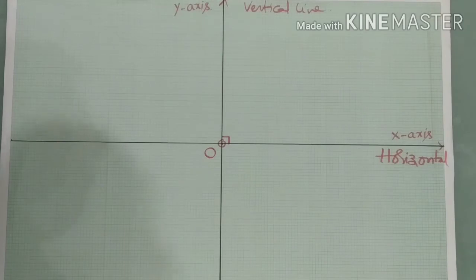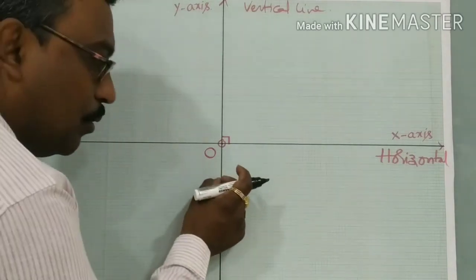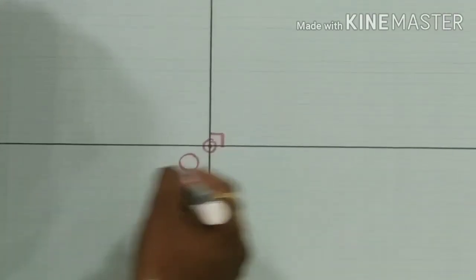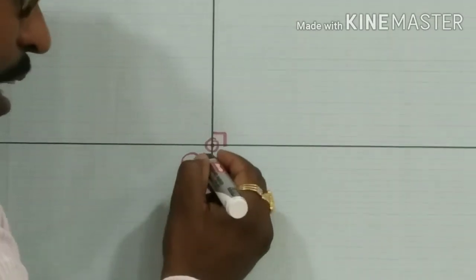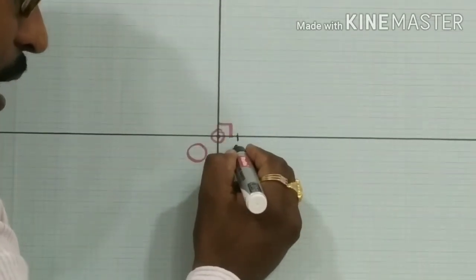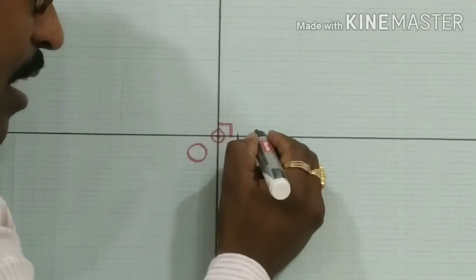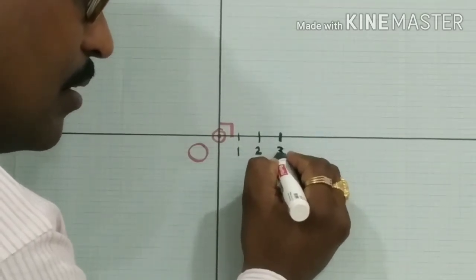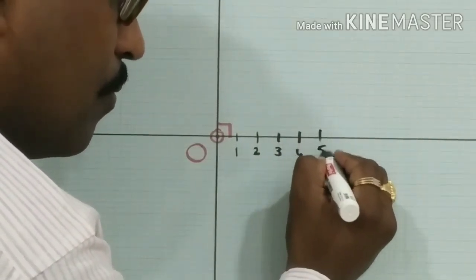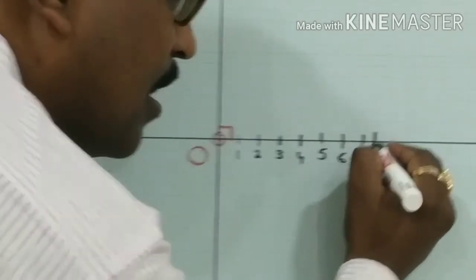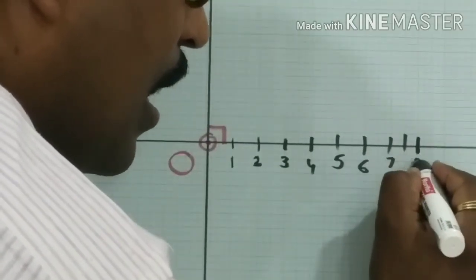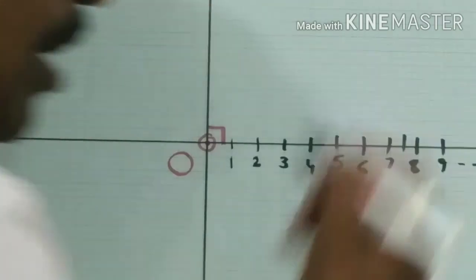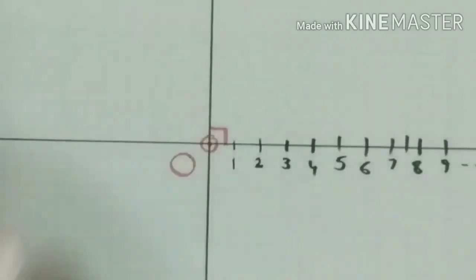Now, if you give 1 centimeter, I told you the two lines gap is 1 centimeter. Now I am differentiating. Now I am taking a 2 centimeters gap as 1 unit. I am leaving a line and taking a 2 centimeters gap. 1, 2, 3, 4, 5, 6, 7, 8, 9, and so on. These are positive numbers.